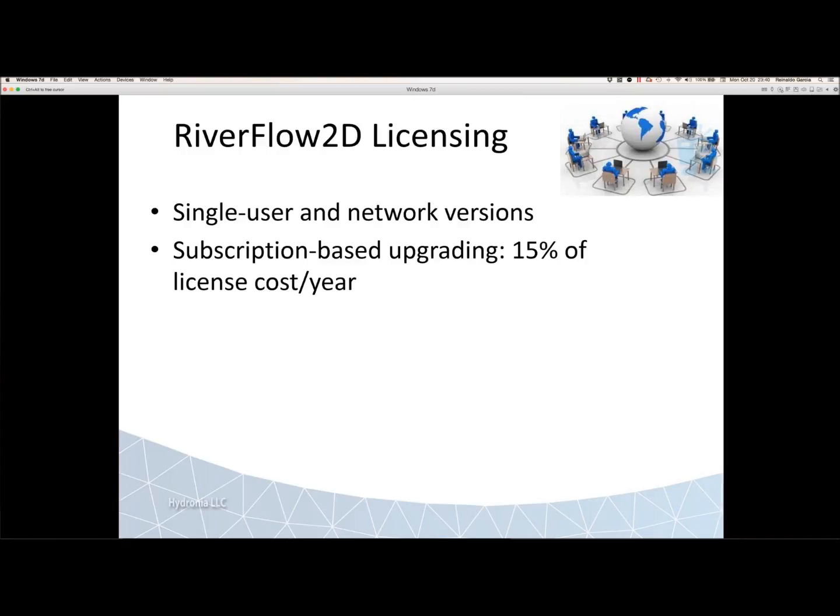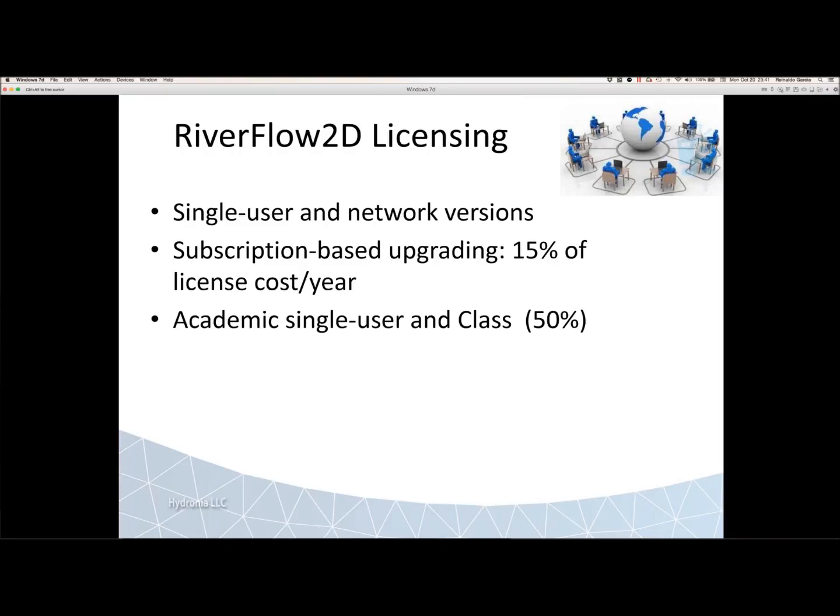So if you keep the subscription, which costs about 15% of the license cost per year, you get all the new versions that are released during the year at no cost, and also free technical support during the year. So technical support and any update, any fix, and even new major releases are included in this